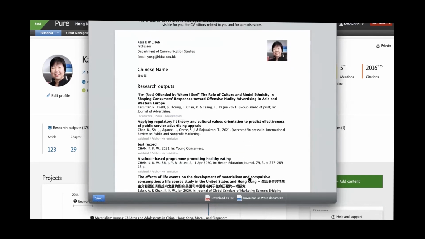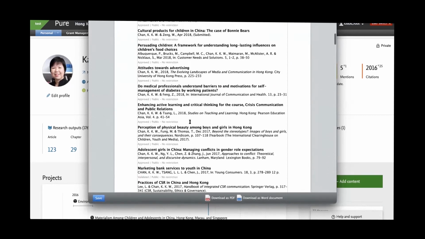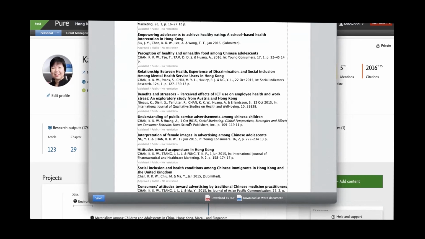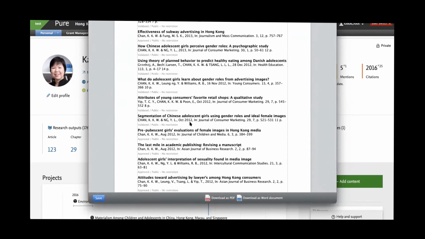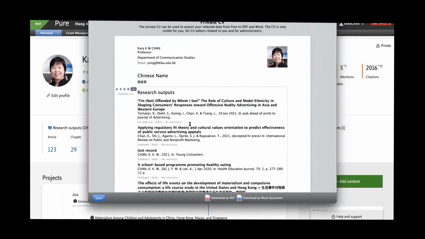Okay, so you can see this is Kara's CV. Of course, you have your own version with your own photo if you do that on your own profile. So this is a CV with Kara's publication record. Now, of course, Kara has a lot of publication record because she has been working at HKBU for a long time. So I'm not sure if any of you will reach this stage, but in case you do,